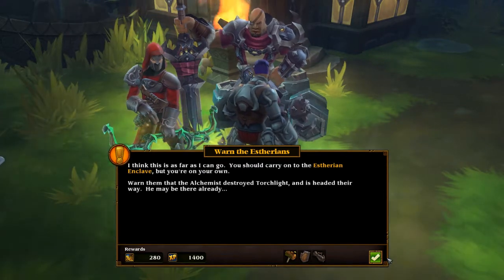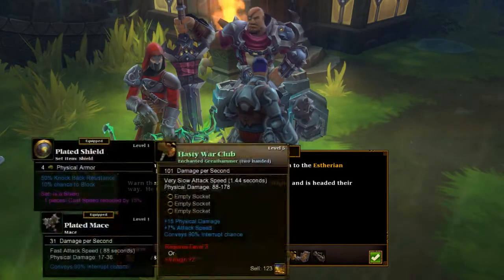You should carry on to the Asterian Enclave, but you're on your own. Warn them that the alchemist is...